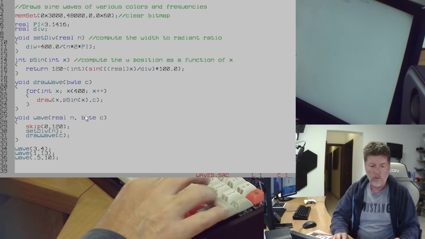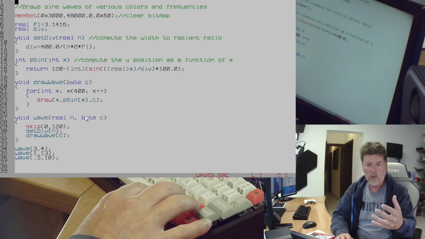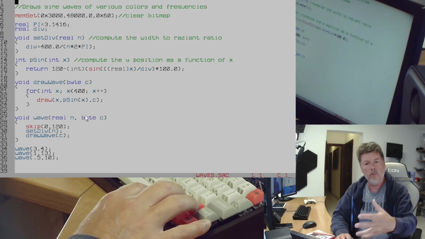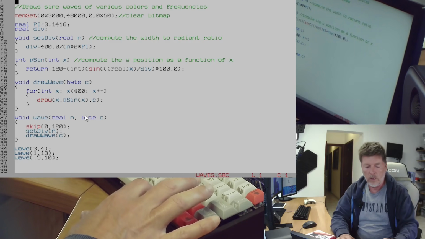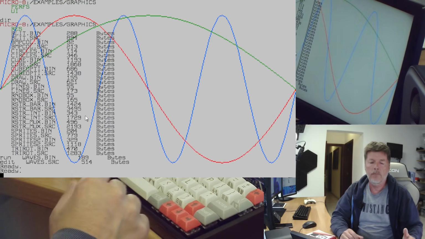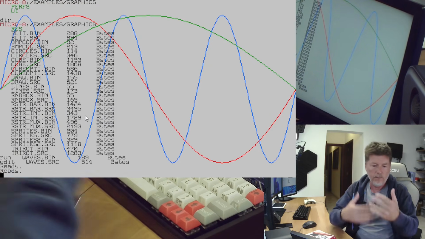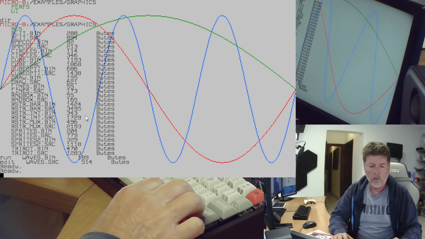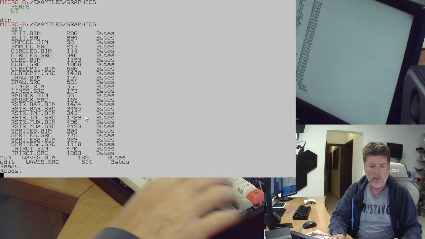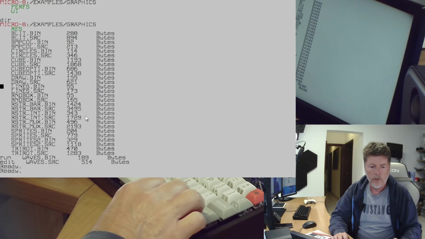One cool thing is that you can also compile and execute directly from the editor. Function R will compile and then immediately execute. So you can iterate very quickly. Let's have a look at another example, a more advanced example,